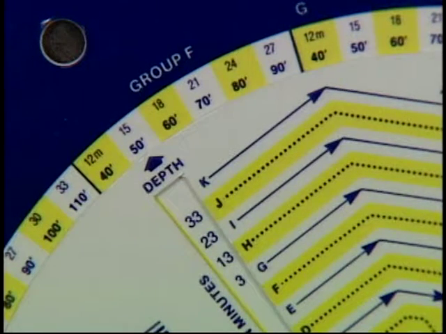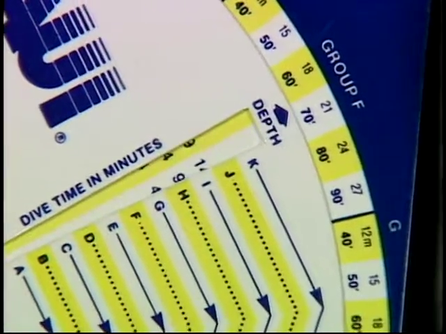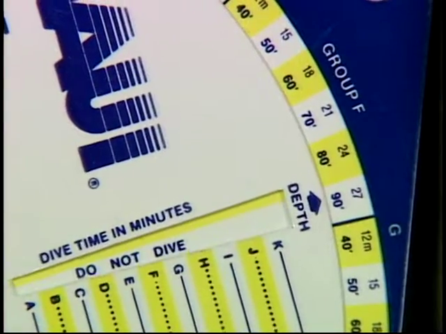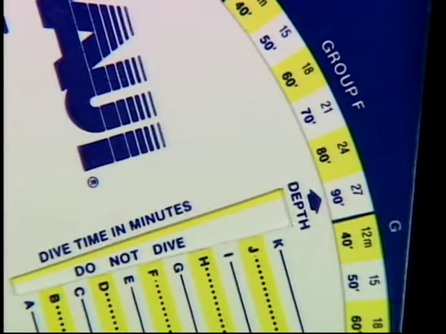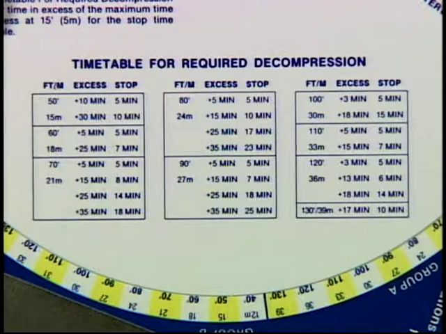To avoid exceeding the maximum dive time, you know you can dive no deeper than 15 meters and stay no longer than 33 minutes. In some instances, the words "do not dive" appear in the calculator window. This means that you have too much residual nitrogen to permit a dive at the depth selected for a particular letter group. You will have to extend your surface interval to dive at that depth or dive at a shallower depth. When using the NAUI Dive Time Calculator, required decompression information is provided by a separate decompression timetable.